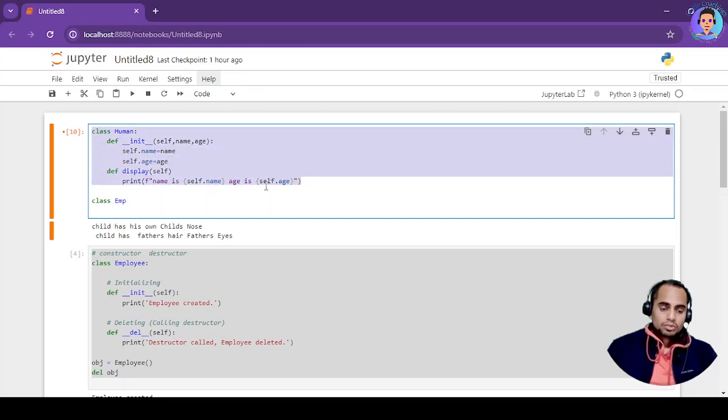Okay, now imagine a situation where you have a human class, where you have his age, his name, his date of birth, his gender, everything you have. But if you want to create, and you have defined that particular human class, or let's suppose at the beginning of this tutorial we have talked about employee class.